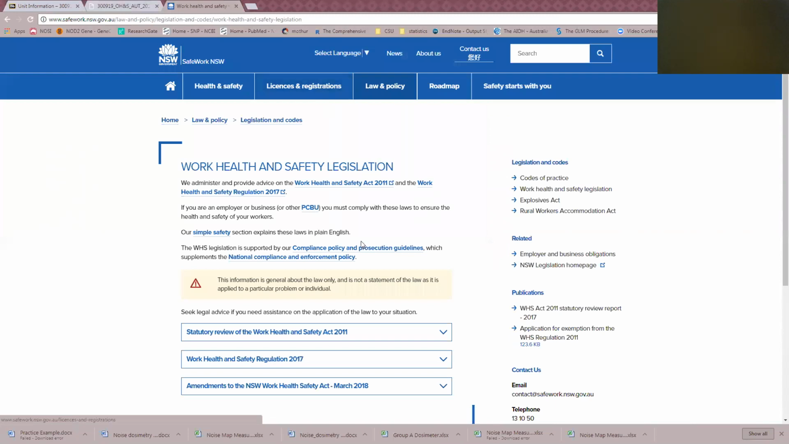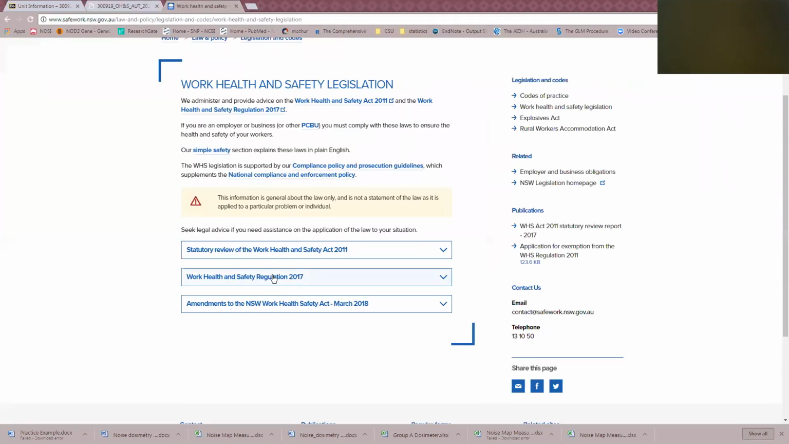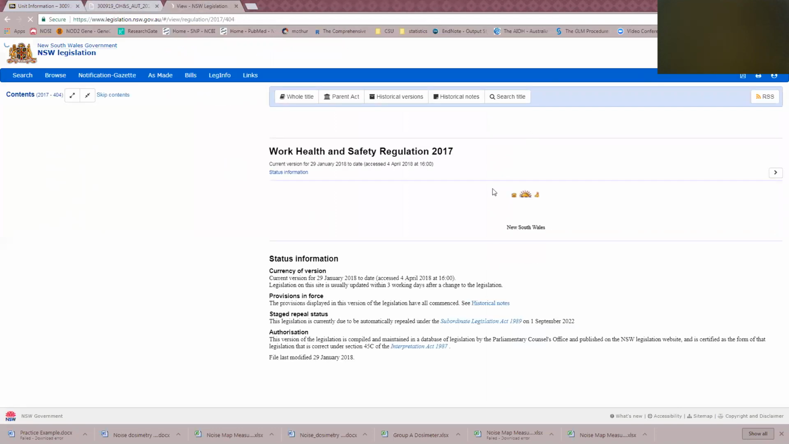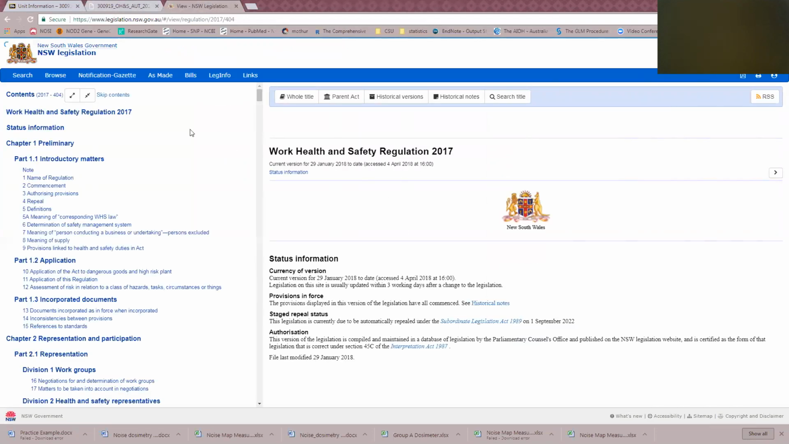Work Health and Safety, so Safe Work New South Wales. By now I'm sure you're all very familiar with this work safety regulation. It's in effect. The Code of Practice also discusses it, but if you want to go back to the original